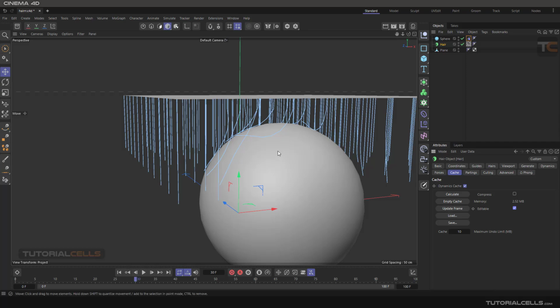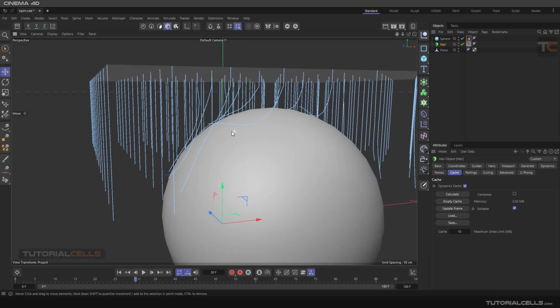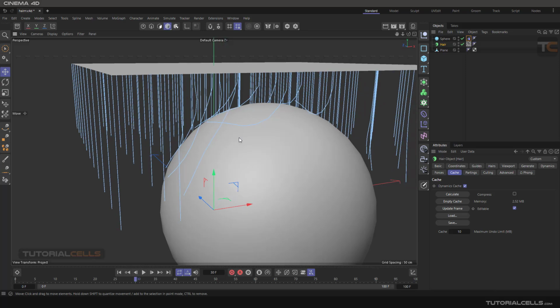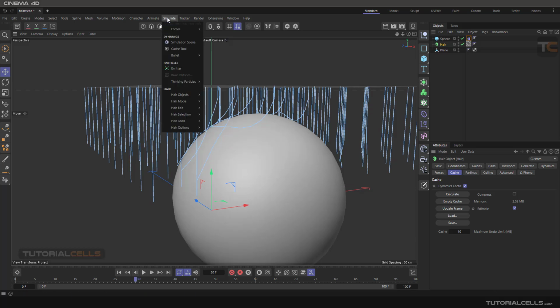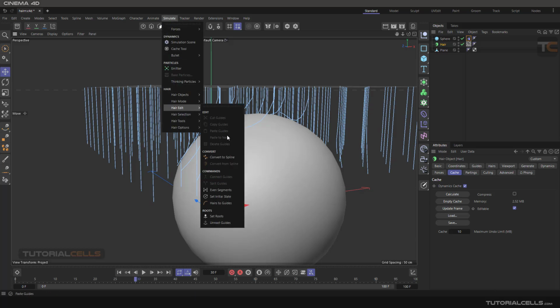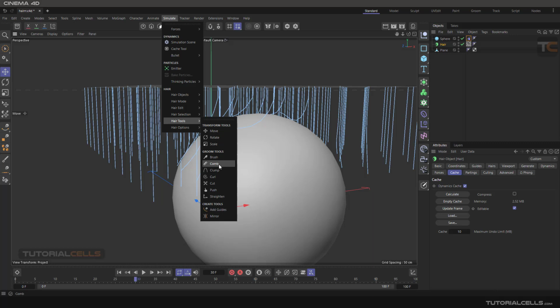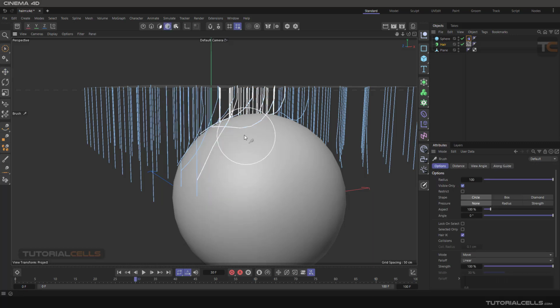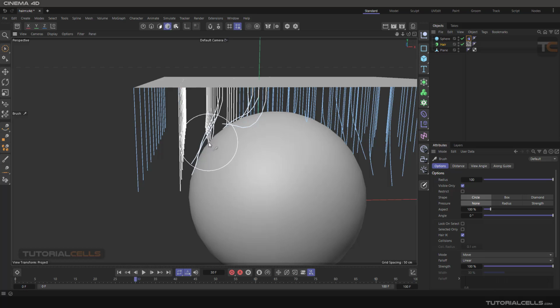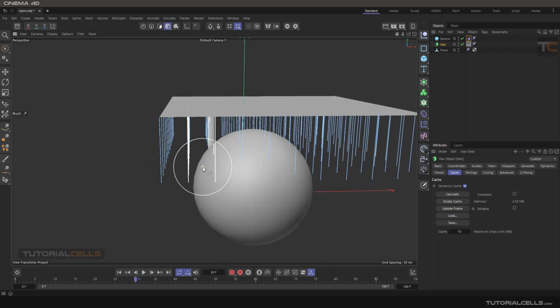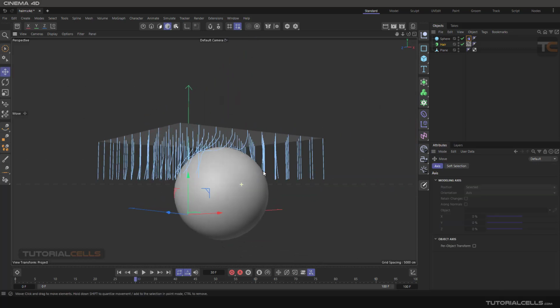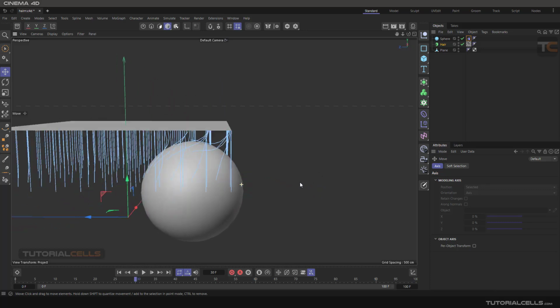In this case, it fixes this frame that you want to edit for the specific hair, and you can use the simulation, and it does not go back to the initial position. For example, brush. Now you can see you can edit your hair very easily. And don't forget, go to the hair and update frame, and then go back to your tool. You can see this frame is edited,